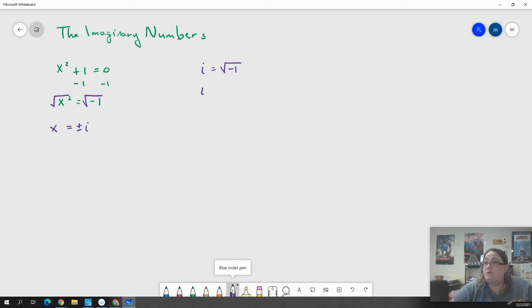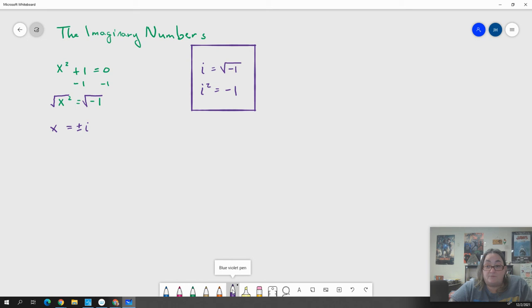And that i squared equals negative 1. This right here in this box is the most important piece of information you will get all day. If you can just remember those two things, write them down, and remember that i equals the square root of negative 1 and i squared